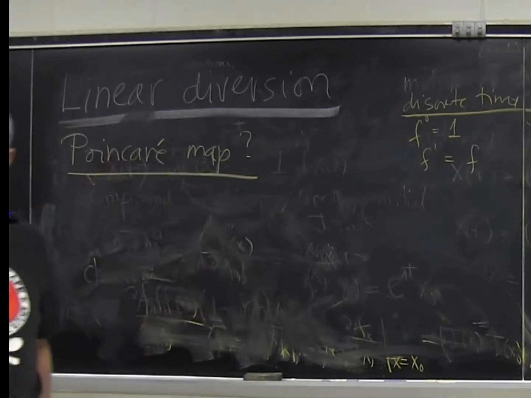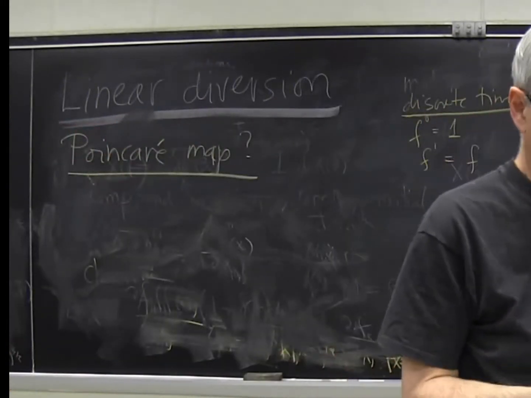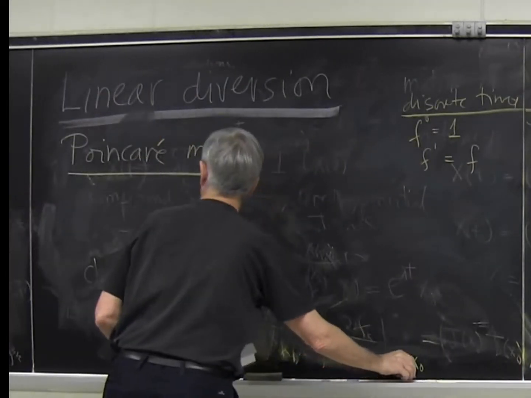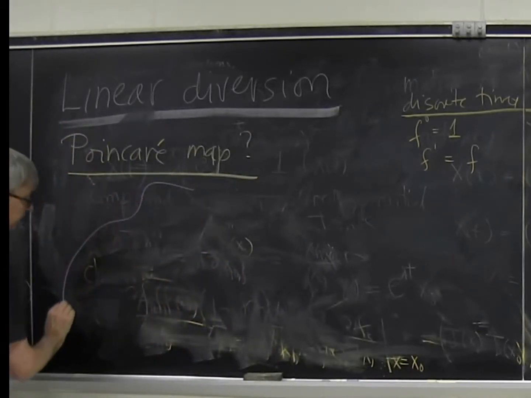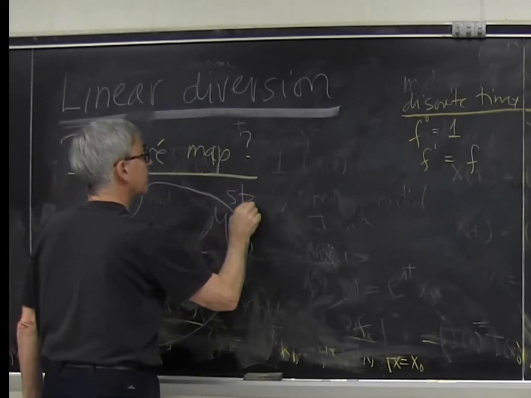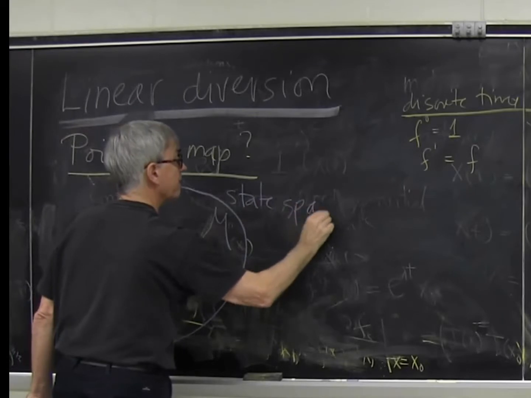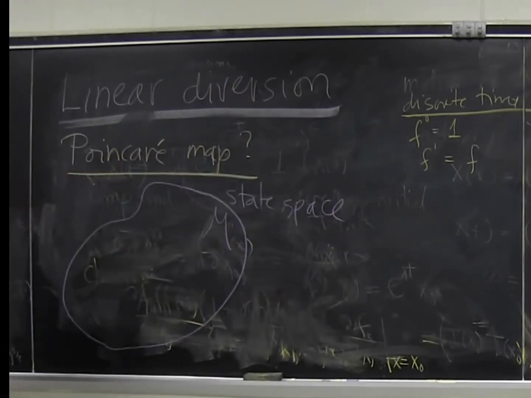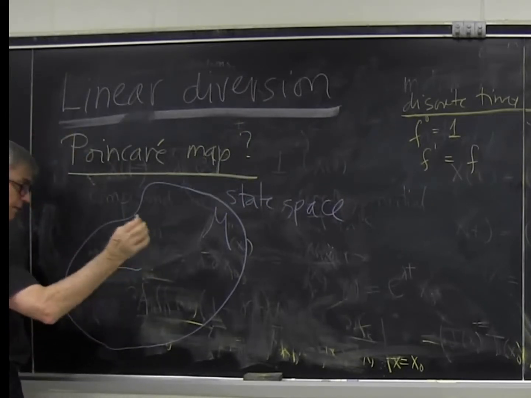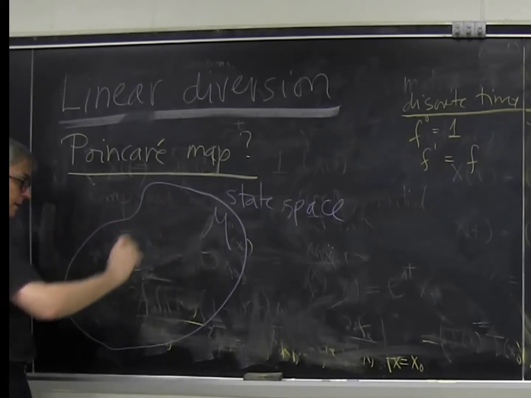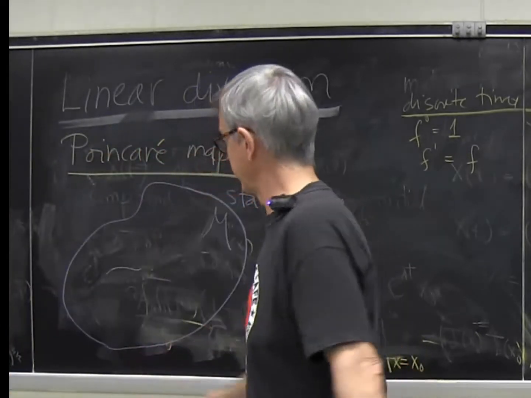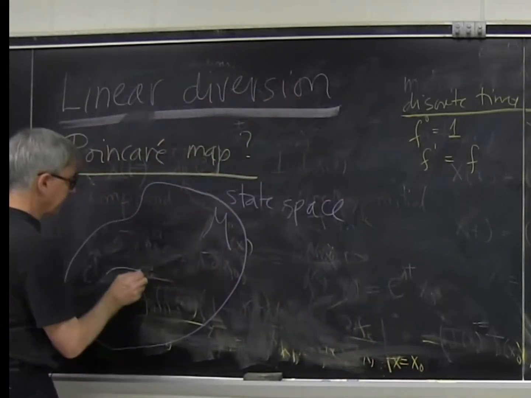So, we clearly should be able to compute what happens to any volume on the Poincaré map, because remember what the setting was. We had a big space of all possible states, the state space. And, cleverly, it was filled with spaghetti, or vermicelli, very fine spaghetti, because every orbit was a fiber in the space, and it had the property of not crossing any other orbit. So this is a really complicated thing for nonlinear flow.